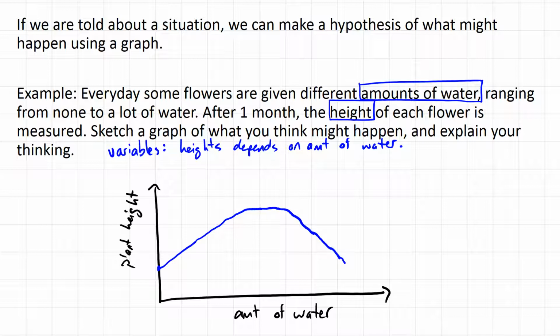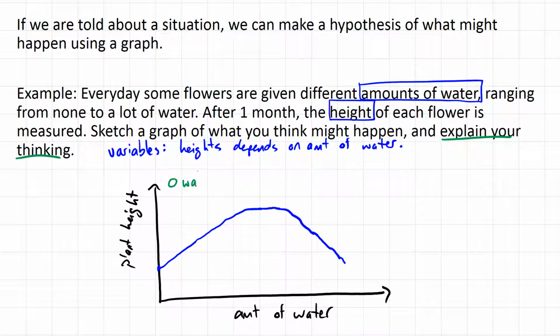And again, this is just a hypothesis, so it doesn't mean it's right or wrong. We just have to justify why we sketched what we did. And so now the important part is to explain our thinking. And so to do this, all we have to really do is make some notes on the graph. So here I will note